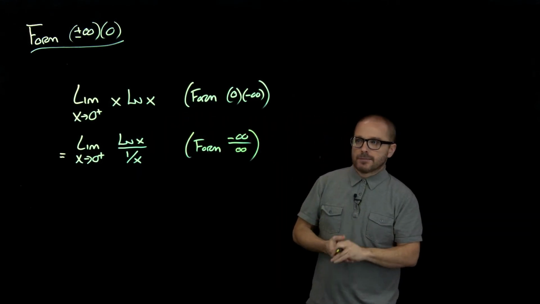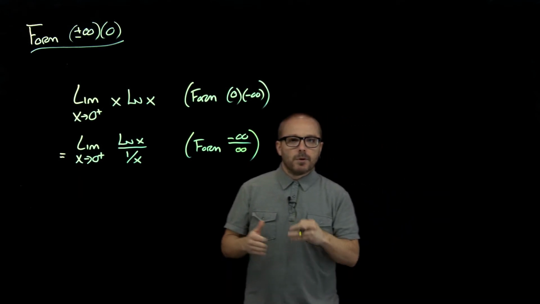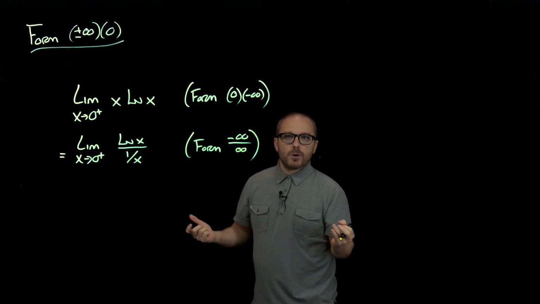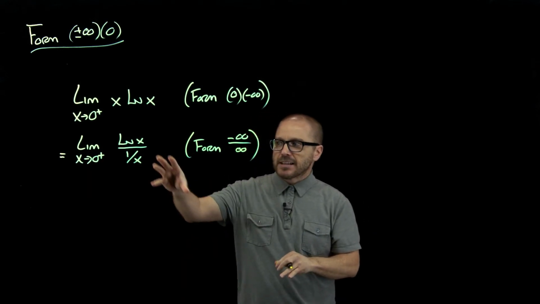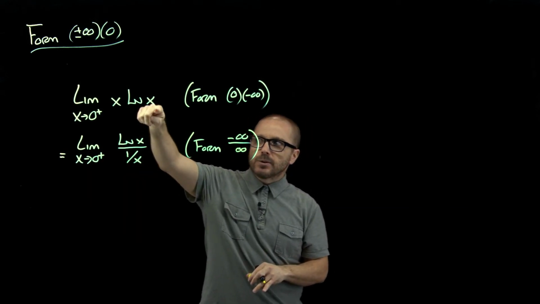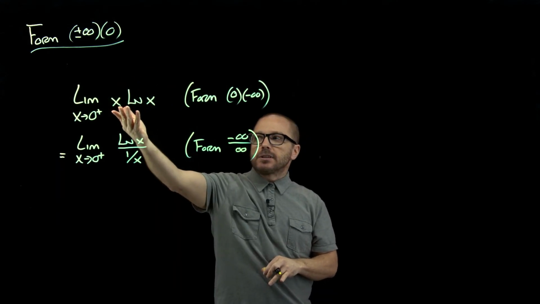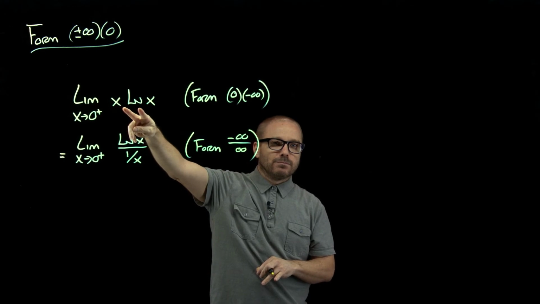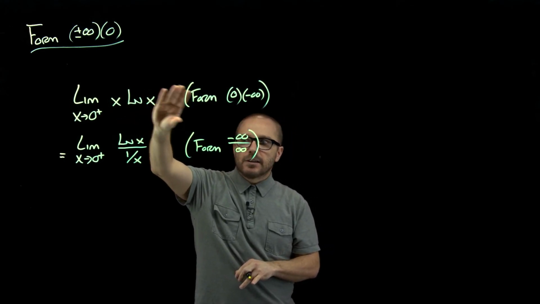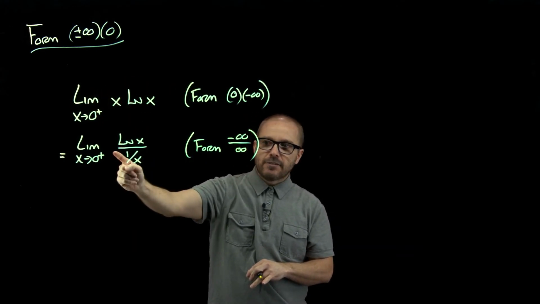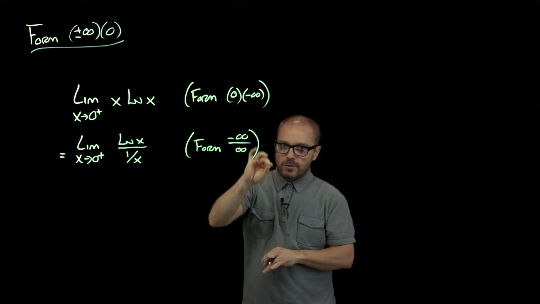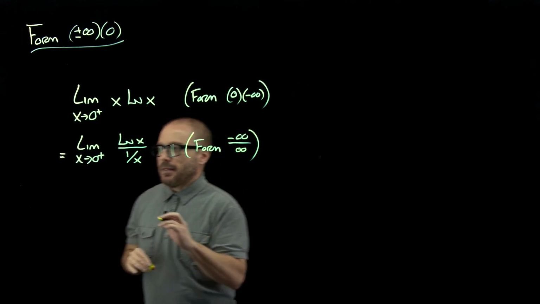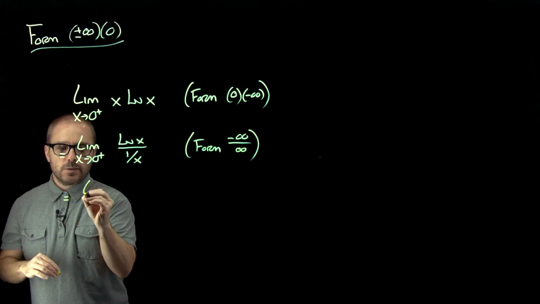One of them is negative, one of them is positive. That's OK. Remember, any ratio of infinities, L'Hopital is fine. And so now we're ready to apply L'Hopital. So you have to get it in that form. A common misconception is, well, I can just invent some sort of L'Hopital's rule where I take the product rule or something there. But you can't do anything with the limit as is. You have to get it in a 0 over 0 or infinity over infinity form first. But then you're free to apply